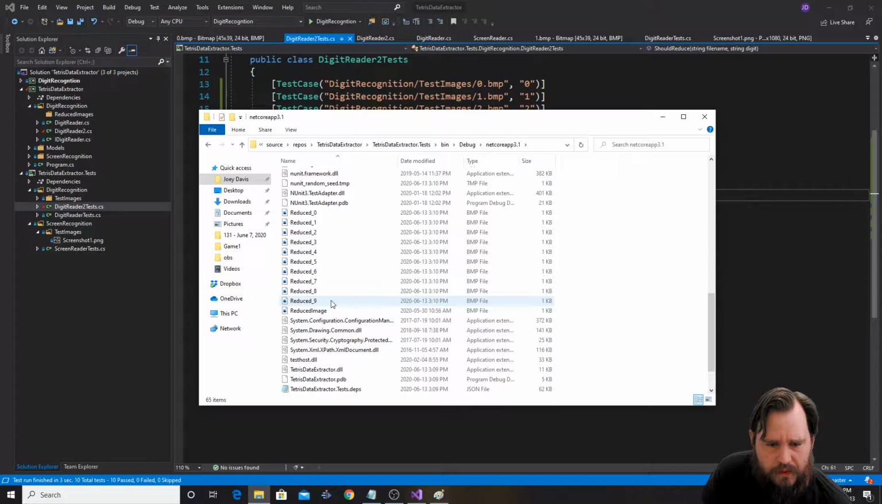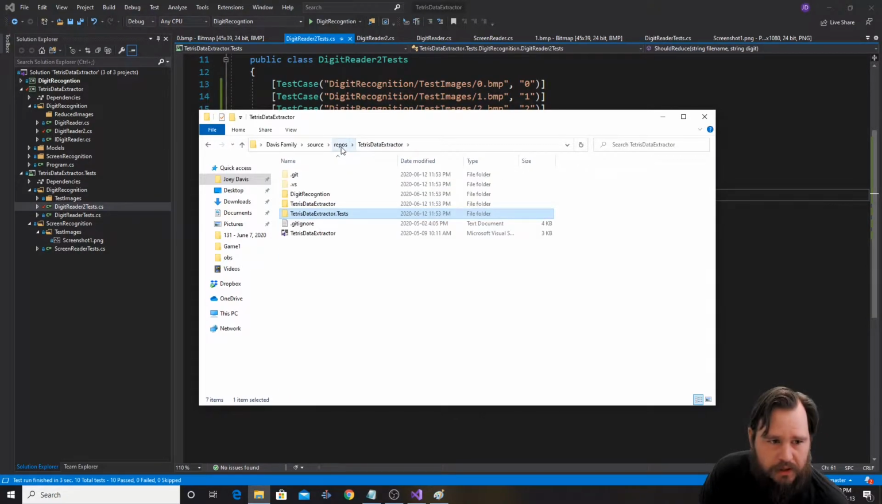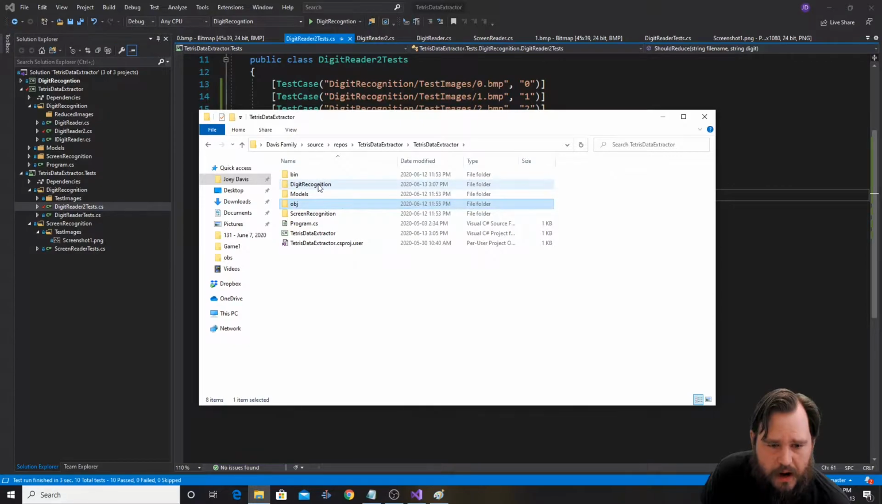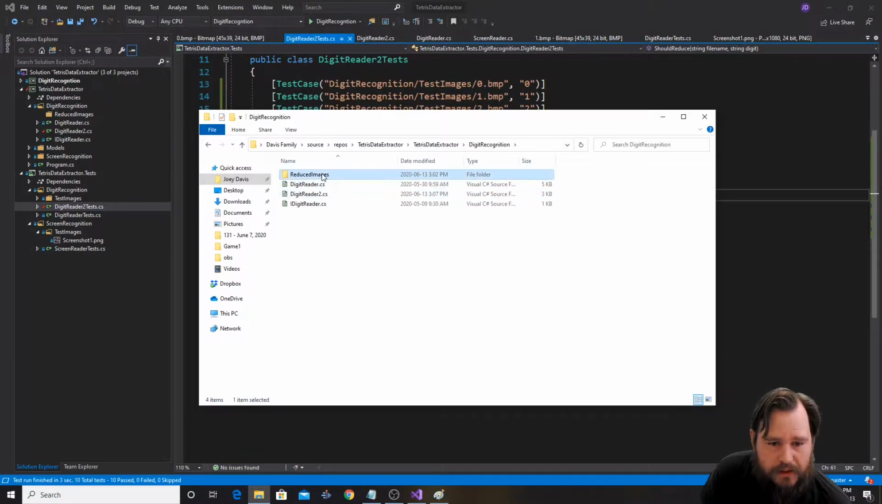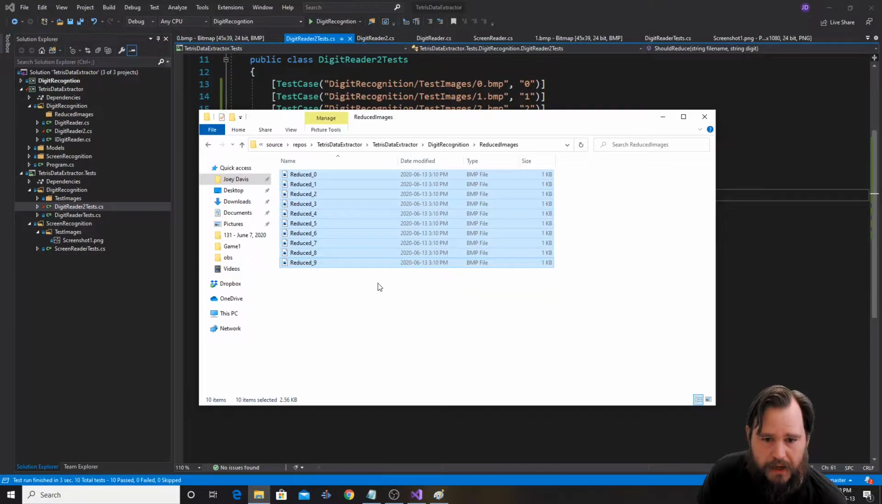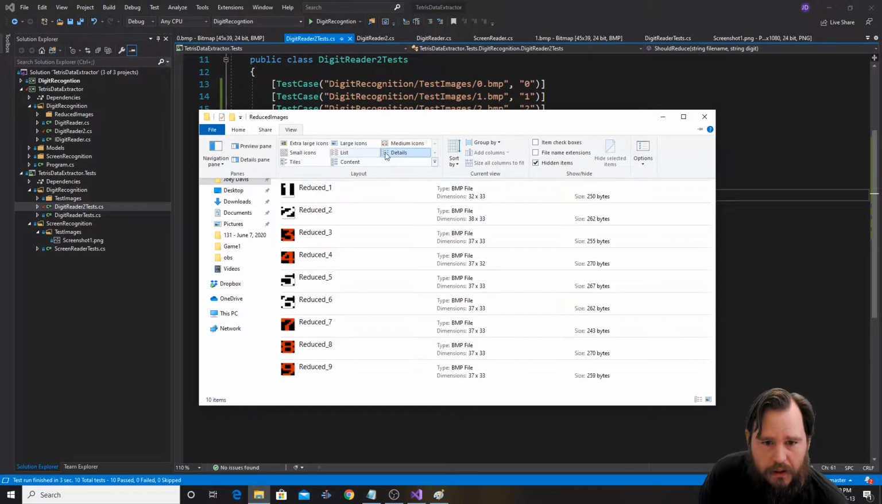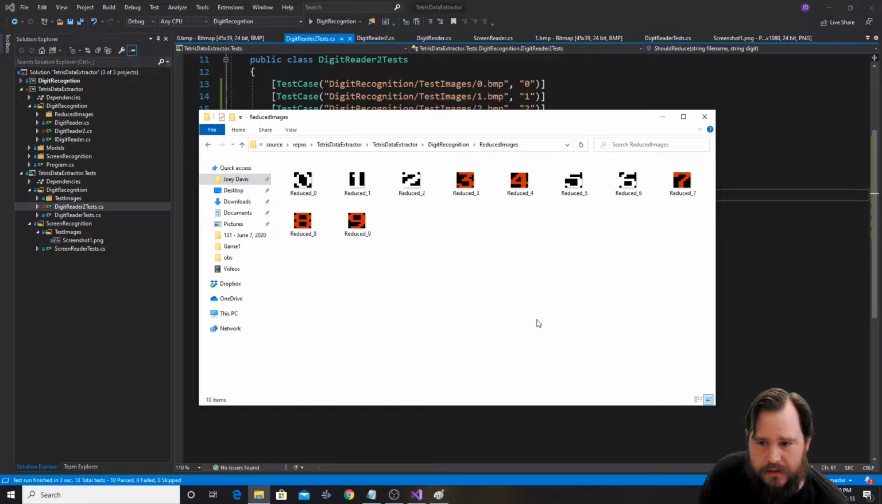Look at that, we've got reduced 0 through 9. I'm gonna just copy them right now without even looking at them. We're gonna go into Tetris data extractor under digit recognition, under reduced images, and we're gonna paste them all. Let's look at them. I want to see them. Large icons. That is not really what I wanted. I mean, yes, it is good, but